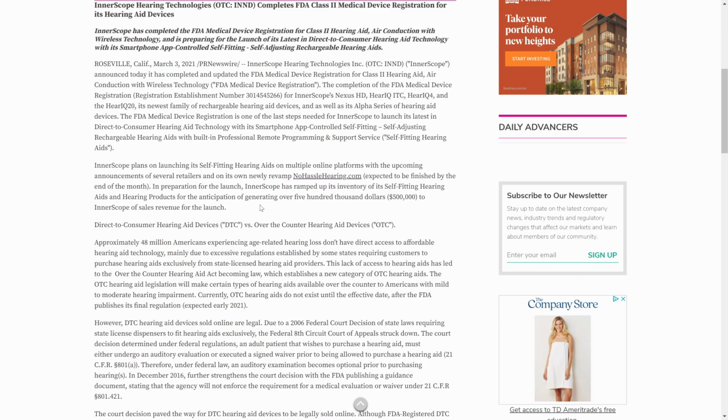In preparation for the launch, Interscope has ramped up its inventory of its self-fitting hearing aids and hearing products in anticipation of generating over $500,000 of sales revenue for the launch. And then towards the last paragraph of the news article,